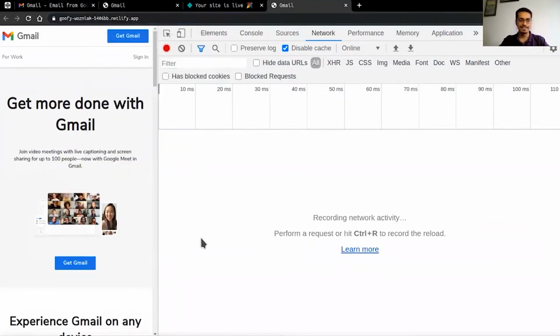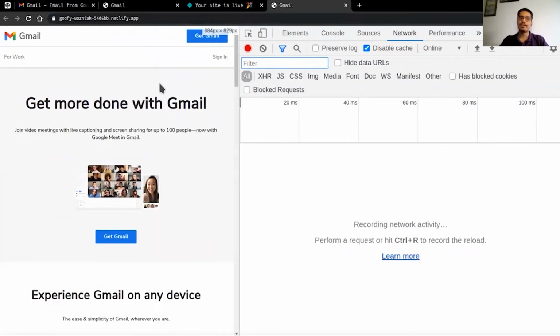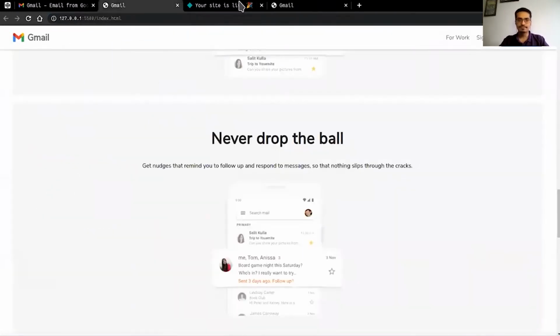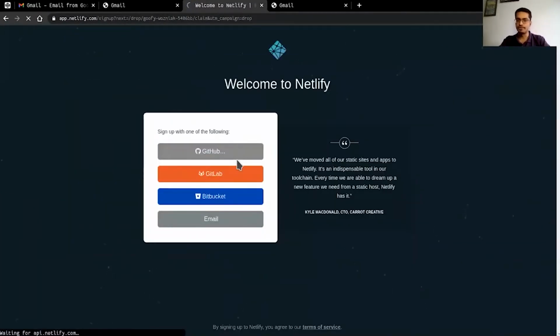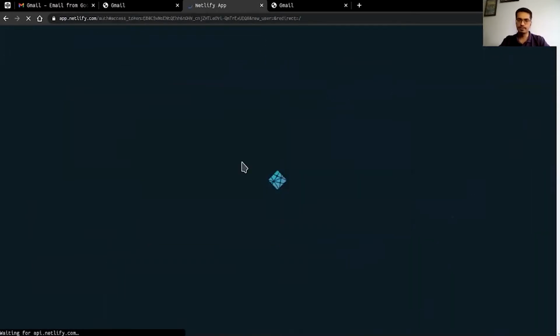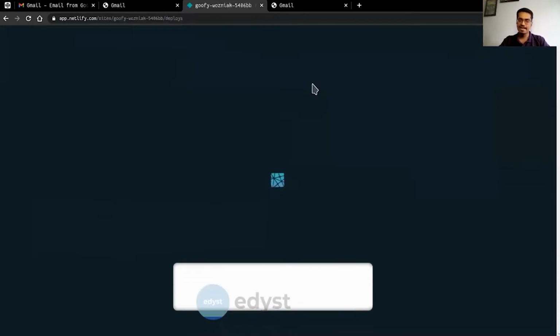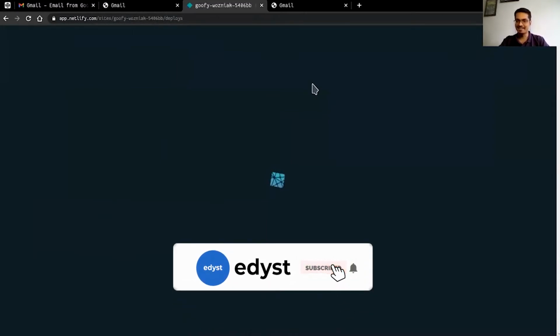And it's on the internet, okay? It's on the internet, and anytime that you want to update, ideally you have to make an account and everything on Netlify, okay? You have to sign up, and when you sign up, it's going to give this to you. Okay, you will own that URL now. And then the next time that you want to do something like that, just drag and drop again. It's as simple as that.